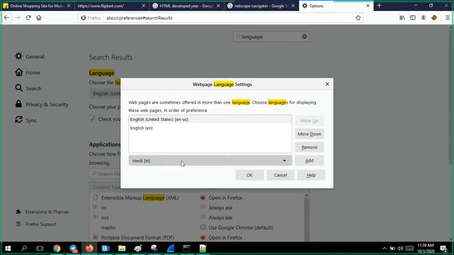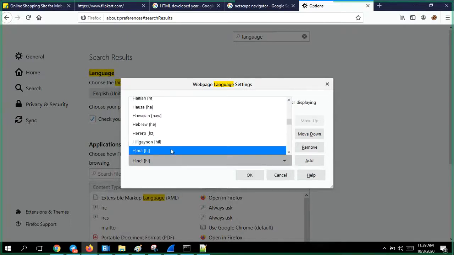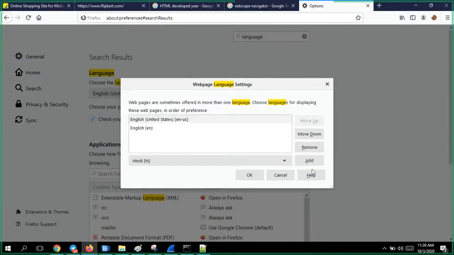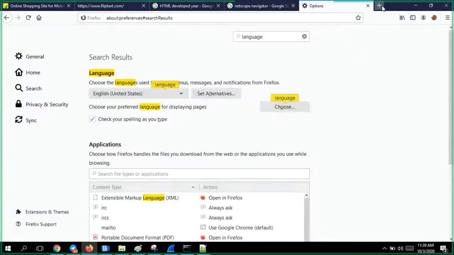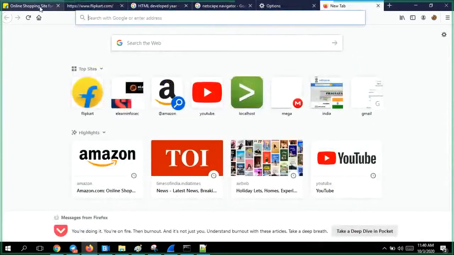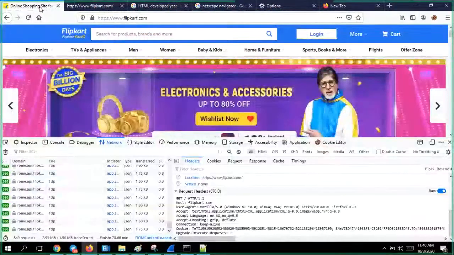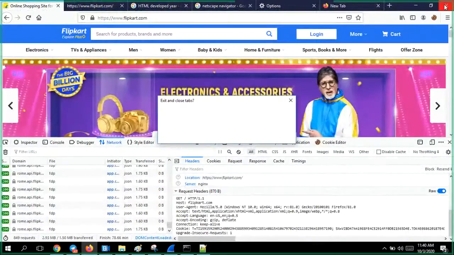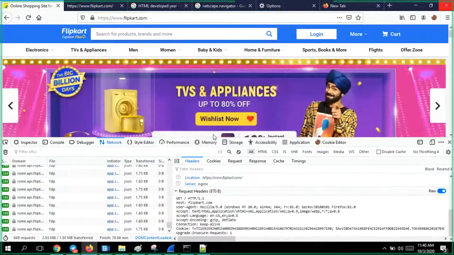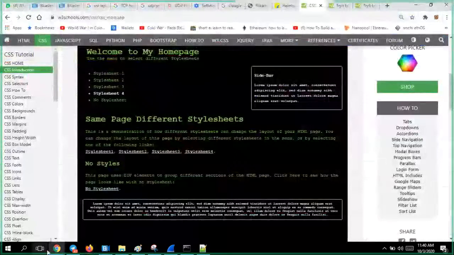Oh, what happened, man? Add it. And make it move up. Now let me try. Maybe it requires us to close this once and restart it. Close this tab, and launch it once again.